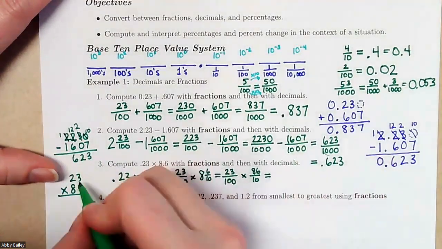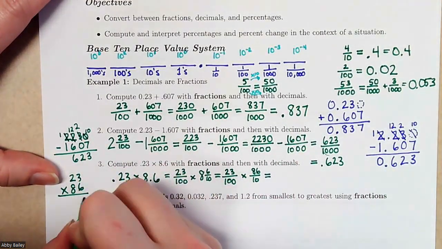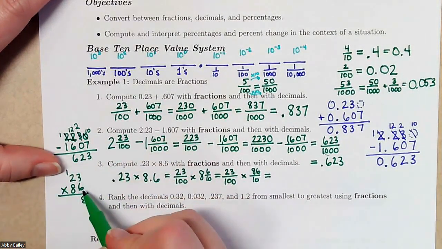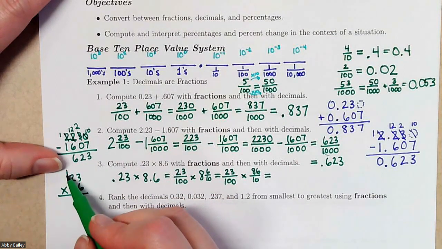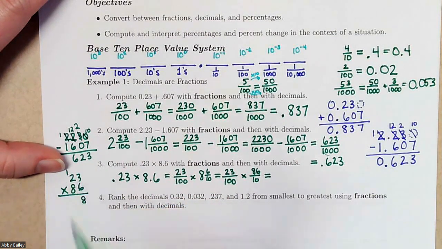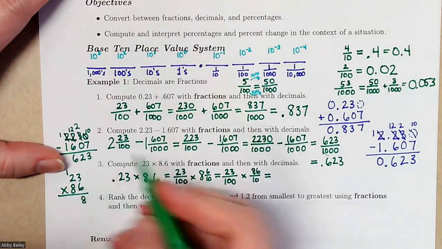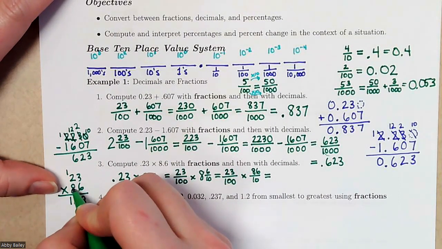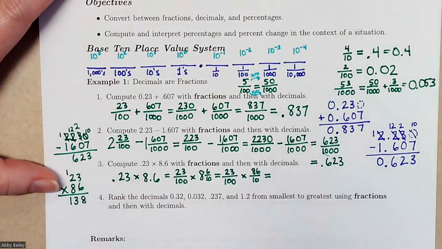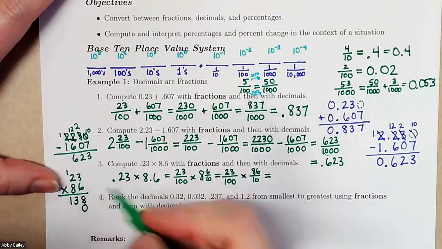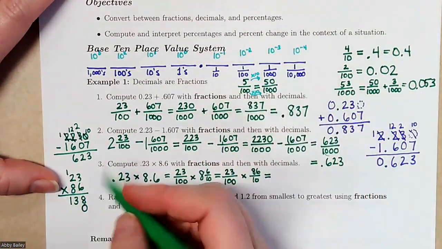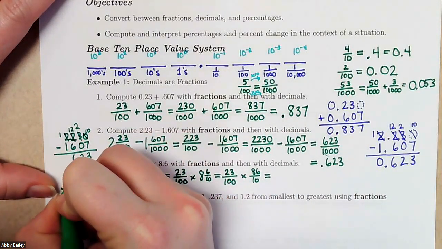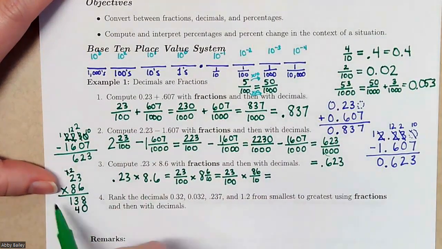Long multiplication, but so let's see, 6 by 3 makes 18. 6 groups of 3 makes 18. So there's a 10. 6 groups of 20 makes 120, but plus another 10 makes 130, or 13 tens. 138, okay. 80 by 3 makes 240. So here's that 0, and then this would be 24. Or so there would be 4 in the tens place, and then we would carry the 2, or really